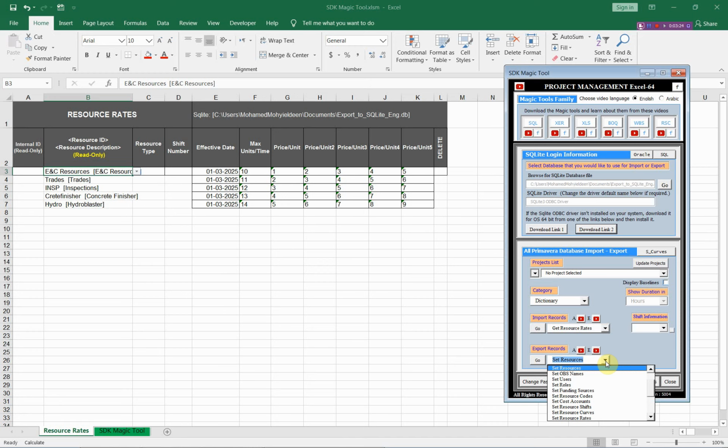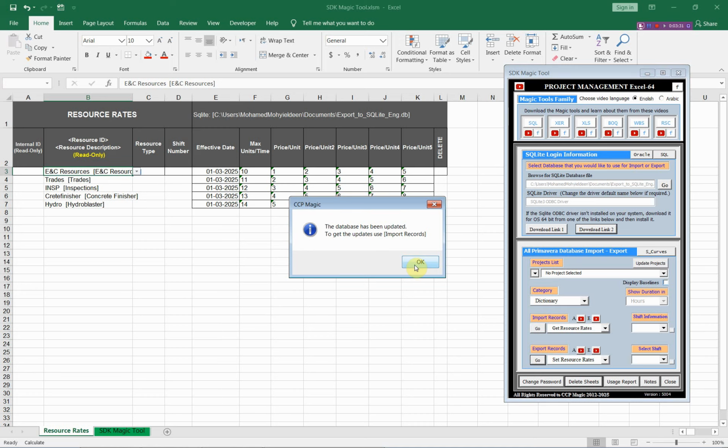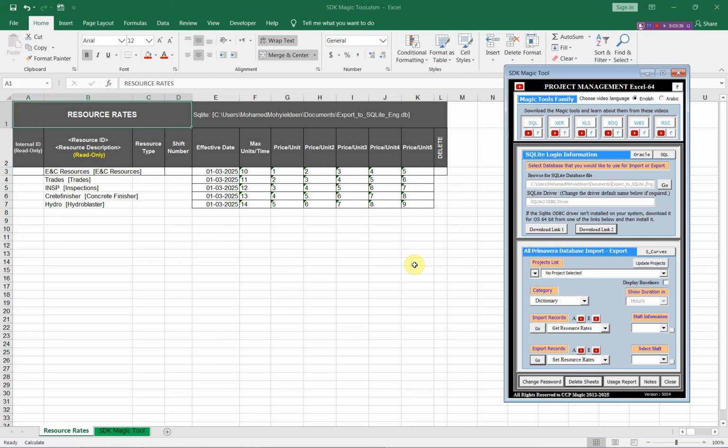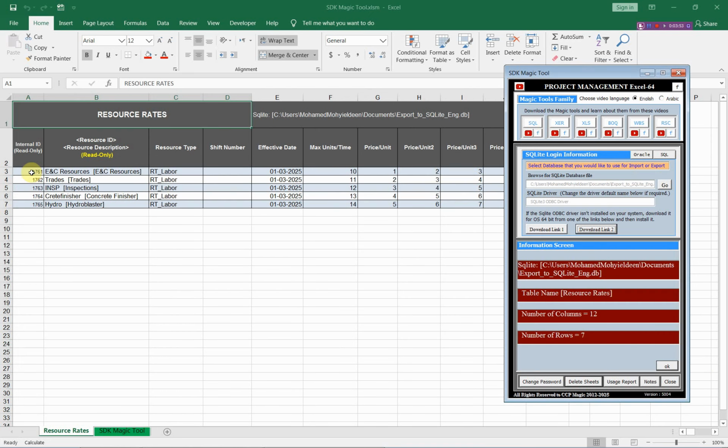From this option, select resource rates and export these resource rates to Primavera. As you see, we have now all of these resource rates in Primavera. When you export new resource rates to Primavera, the column number 1 must be blank, and these numbers will be set by the SDK Magic Tool. When we import the current resource rates, now we have these 5 resource rates in Primavera,